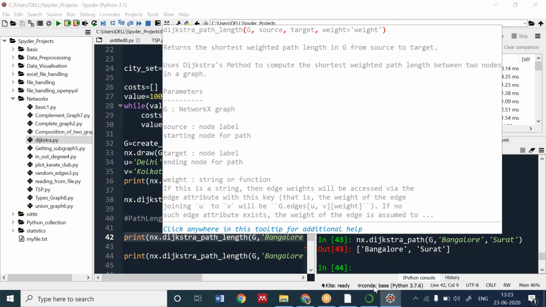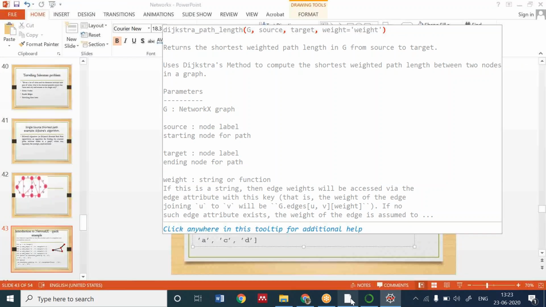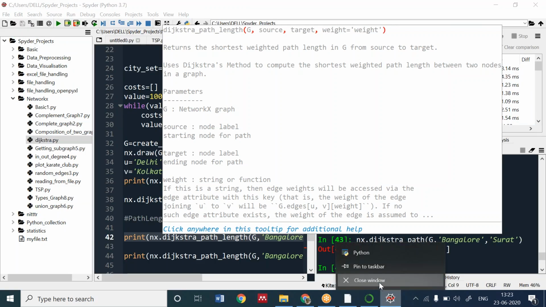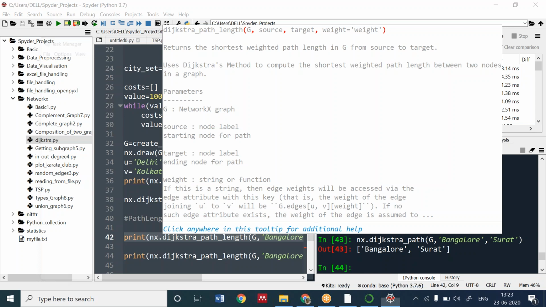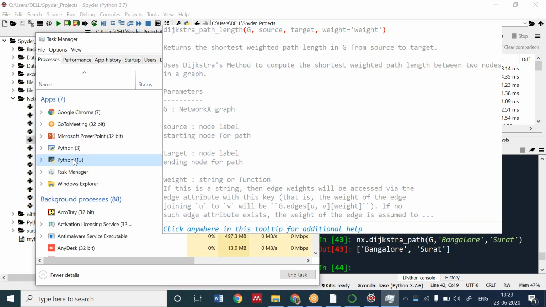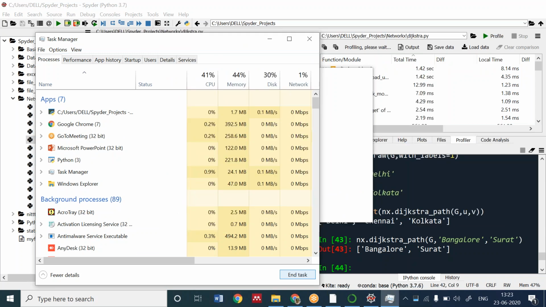It's stuck. I'm closing this and opening it again. Wait a second. Okay, I'm going to launch Spyder again.